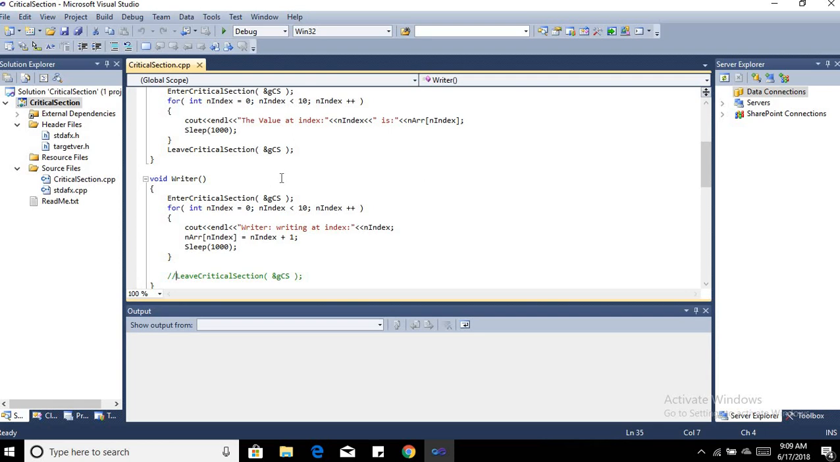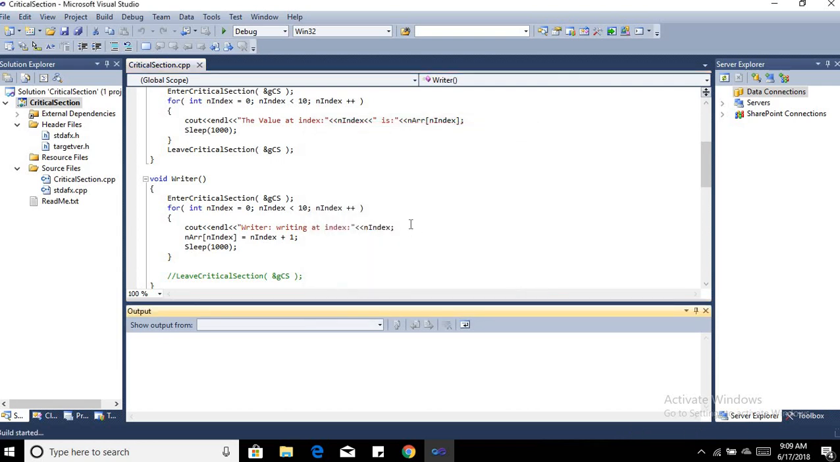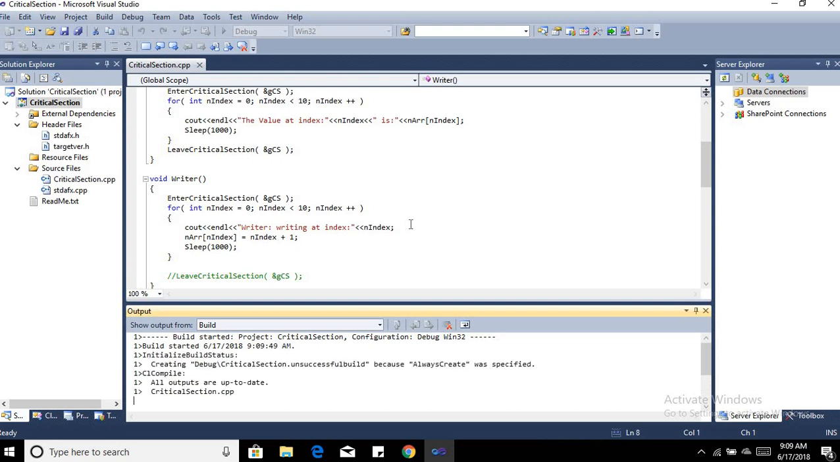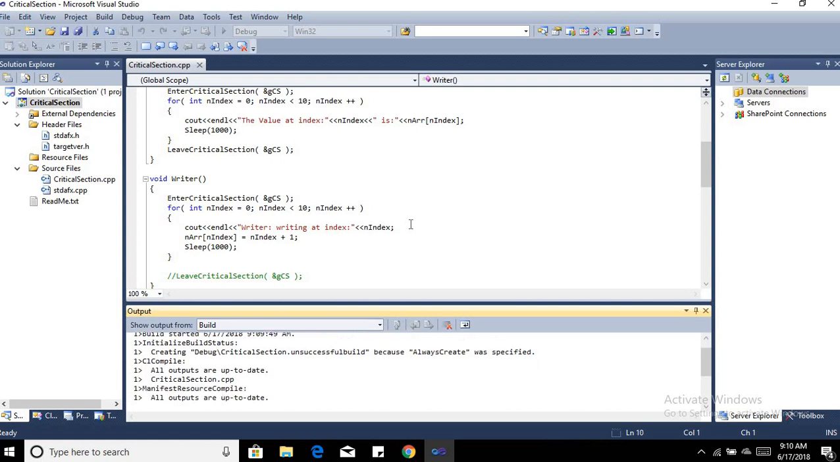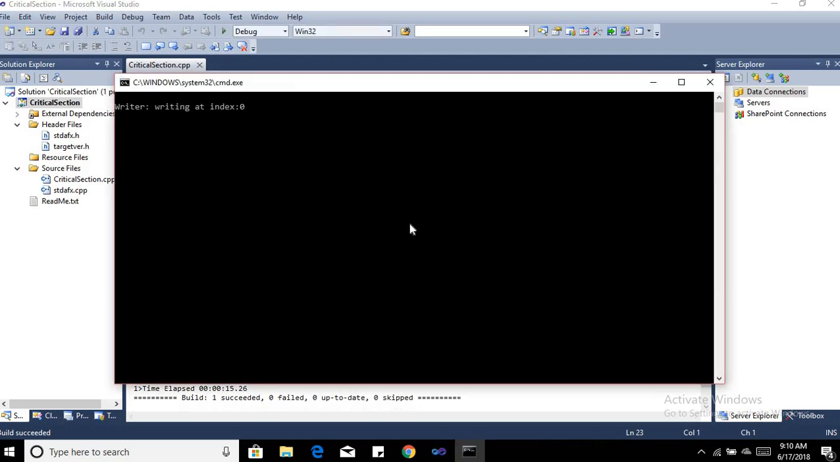I'm just going to run it. Control F5. Writer will be done with writing, but it will not give any time to reader. It will not remove the lock which it has taken. Build succeeded. Let's see what happens. Writer has got the time slice. That's good news. Writer is writing at the various indexes, and after it is done,